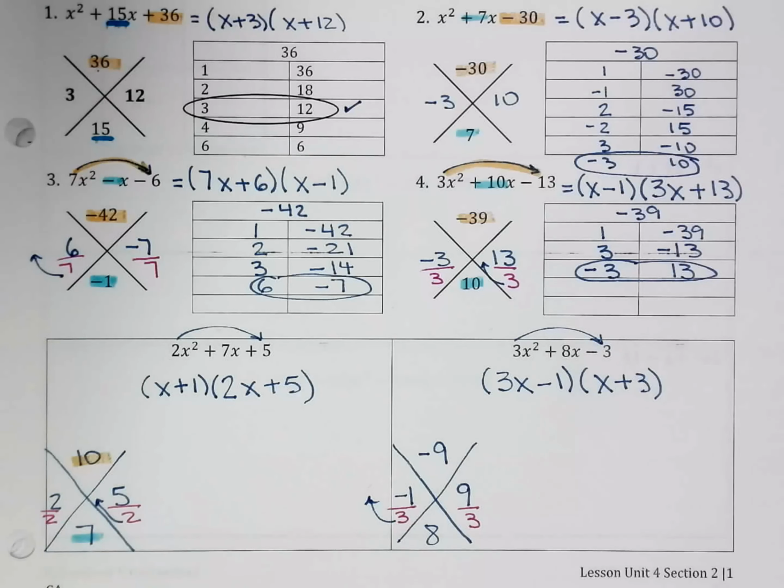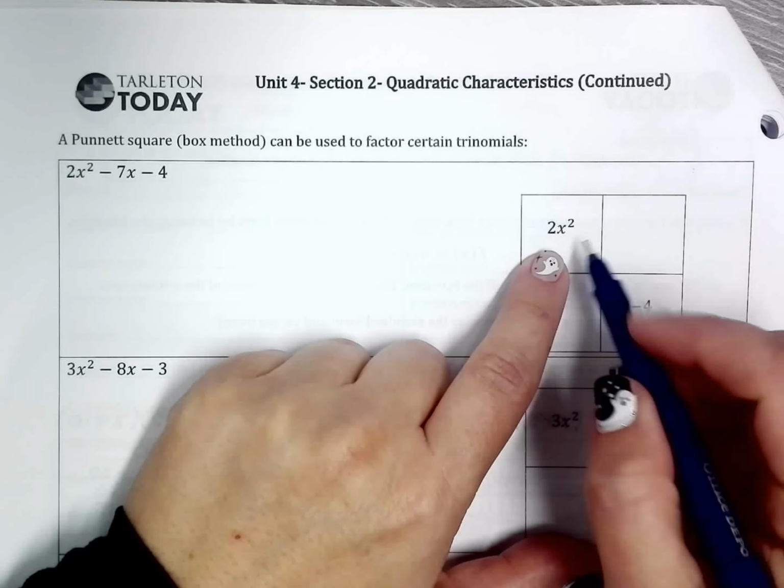Now, we all recognize this, and this is the box method. But the box method is when you have the two factors to multiply and get this. But now we're doing the box method backwards. Okay? Hang in there with me. Now, here's what we're thinking. I know